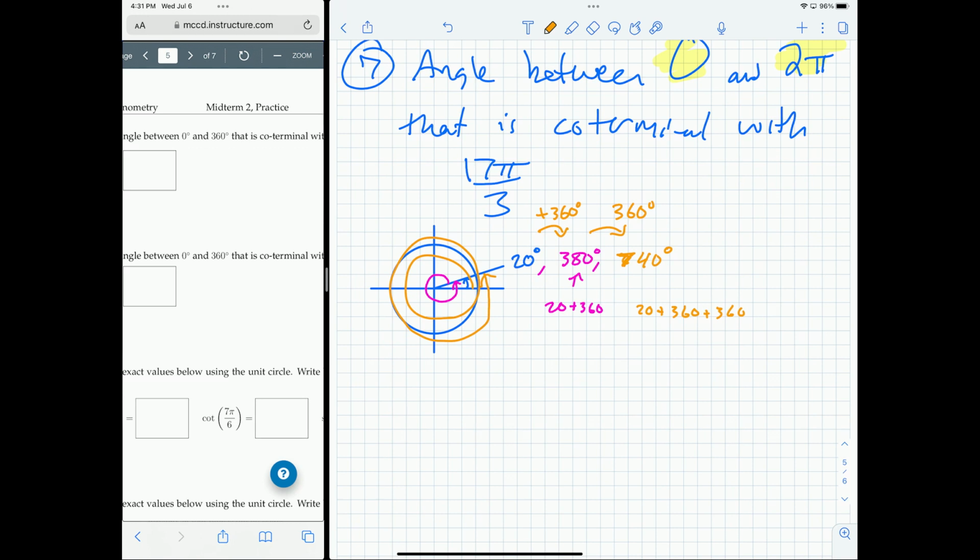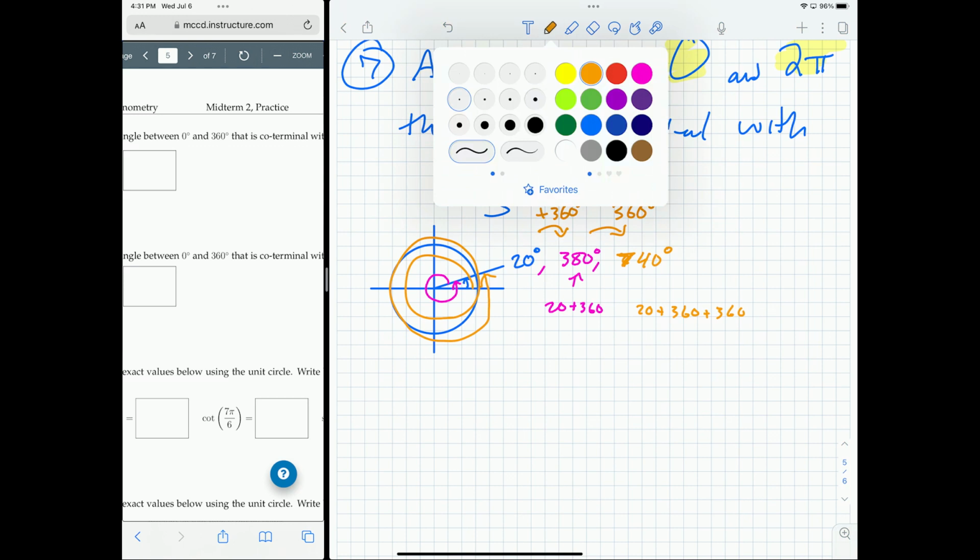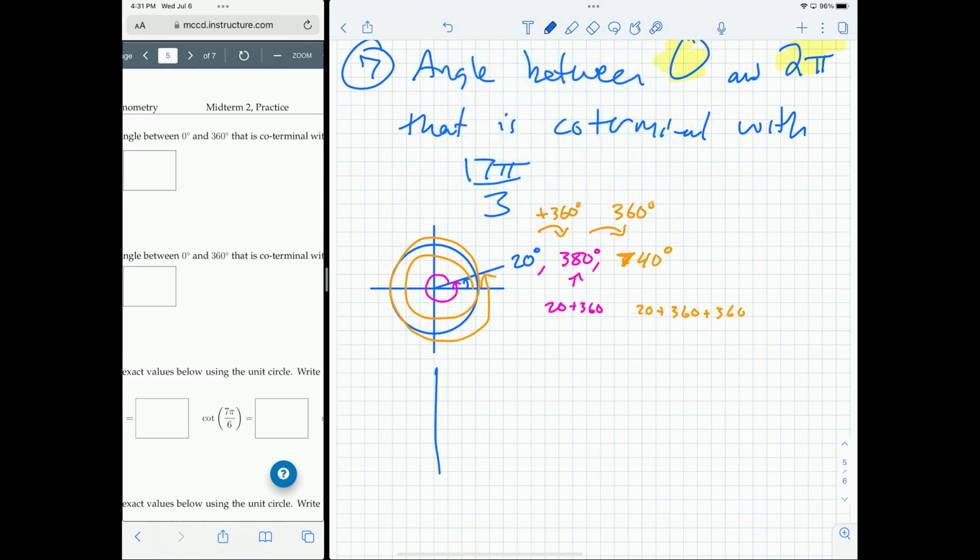Or in terms of radians, that would be 2 pi, right? So similarly, everything looks more complicated in radians, but if I had an angle, let's say pi over 7, just a made-up example here. That's pi over 7, but that's the exact same thing as pi over 7 plus 2 pi, which is a